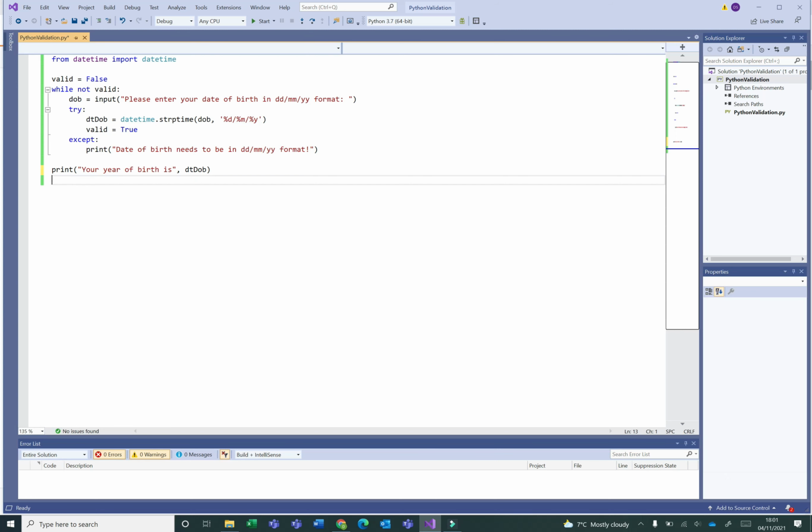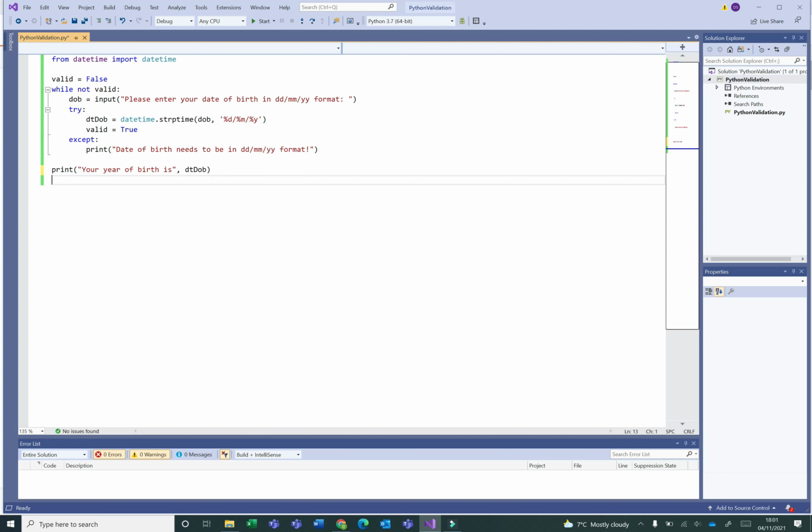And then if that conversion fails, it will jump down here, output the error message, birth needs to be in day, month, year format, and we'll loop back. We'll go to the top again and iterate through the next step because valid is still false.